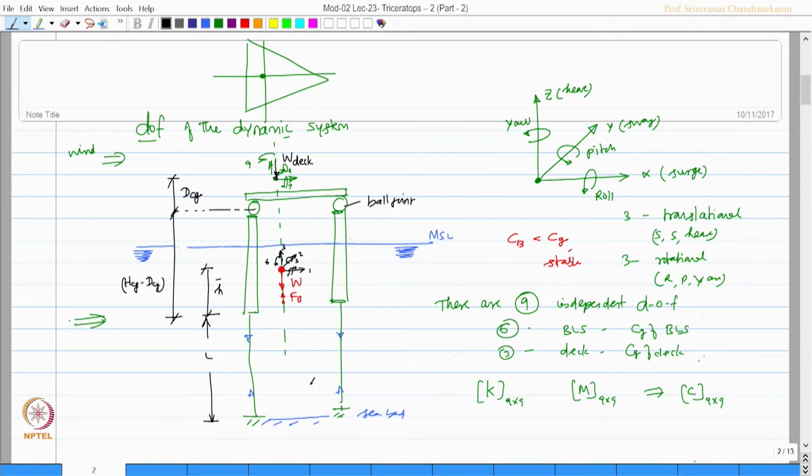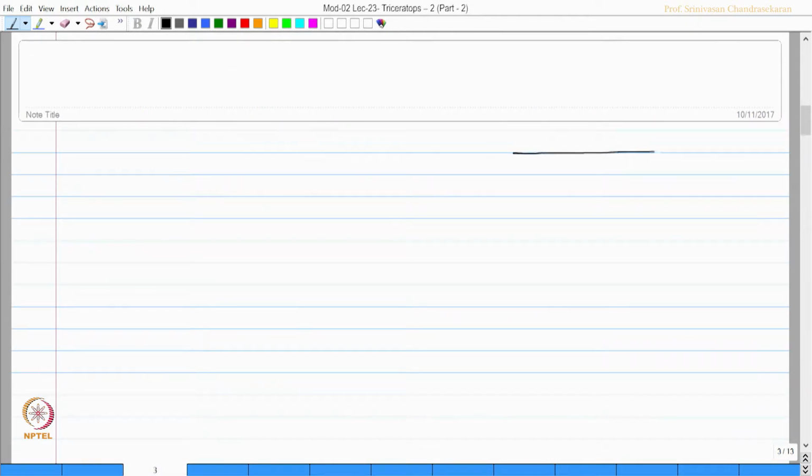The degrees of freedom are anyway marked. So, we are getting 3 degrees of freedom for the deck and 6 independent degrees of freedom for the buoyant leg, which makes it 9, and we now understand that my stiffness and mass matrices will be of size 9 by 9. Let us continue to discuss the derivation of stiffness coefficients from first principles for the pitch degree of freedom. Let us say this is my deck, I have a ball joint,